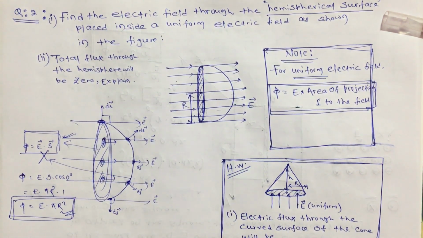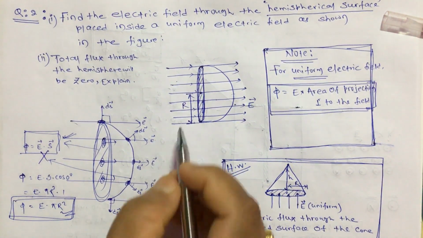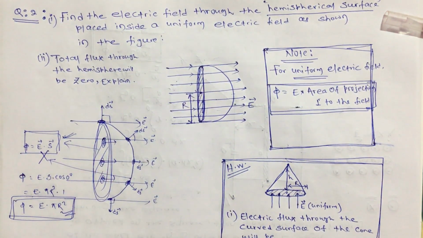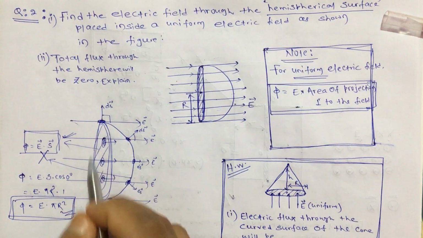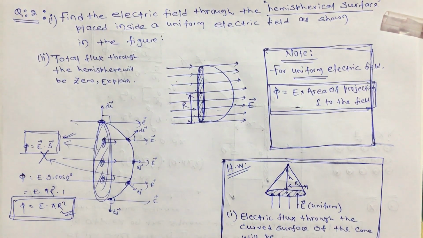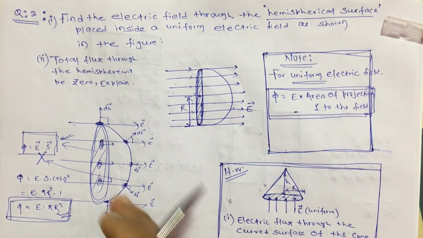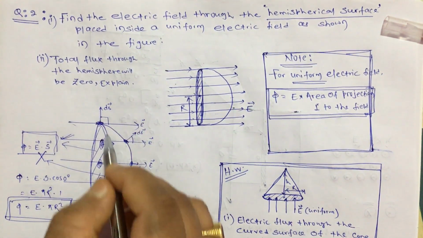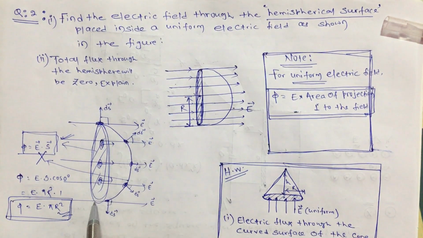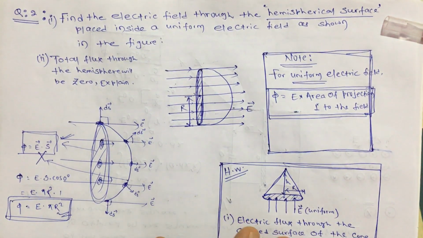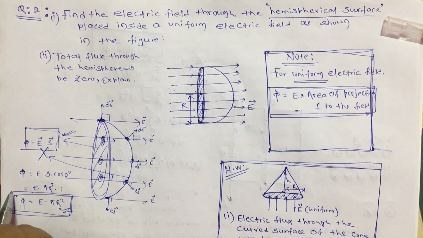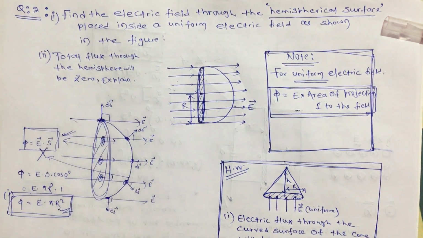Is it clear? So, in these cases you do not actually have to calculate the flux through this spherical surface. You can calculate the flux through this and you can find the answer. Now, what is the trick here, or what is the formula here? You can prove it also. You can solve it by integrating E dot ds, and you will see that the answer comes out the same. So, this is the first answer, and this I already explained.